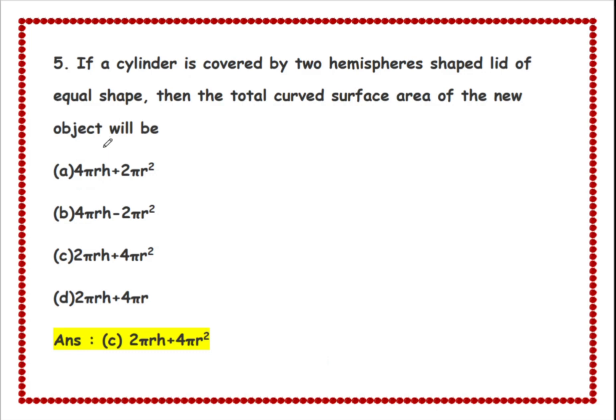Now question number 5. If a cylinder is covered by two hemispheres shaped lid of equal shape, then the total surface area of new object will be. A cylinder is covered by two hemispheres. Consider a cylinder and the top and bottom portion is covered by two hemispheres. Then the total surface area of object will be,